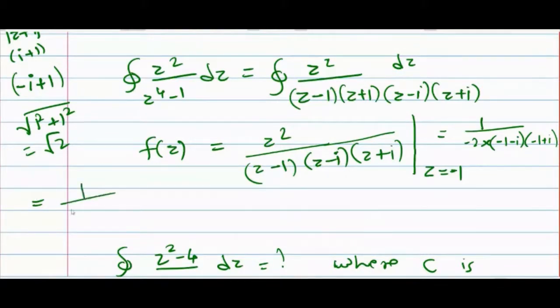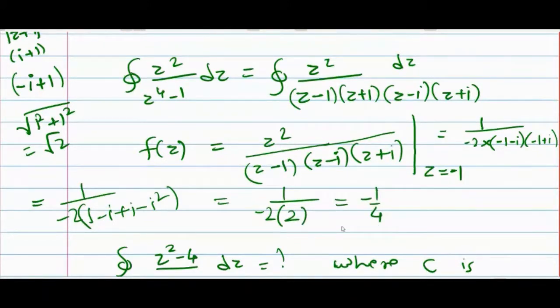So -1 by 2 times. I am multiplying -1 into -1, 1. -1 into I, minus I. Minus I into -1 plus I, minus I plus I. That means minus I square. So ये हो गया 1 upon -2 bracket, I cancel, 1 minus I square. I square is nothing but -1. So 1 plus 1, 2. So ये आंसर हो गया -1 by 4.